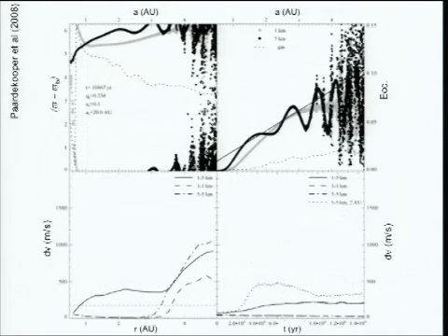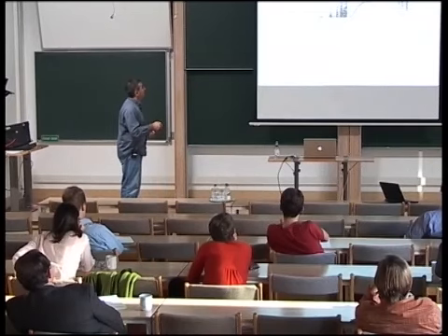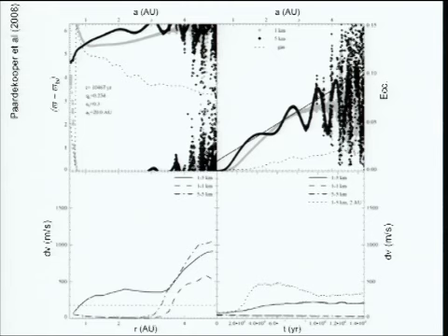This is another simulation of the same type, but this time allowing the interaction, the collision, between two objects. So basically they're showing collisions between 1 and 5 kilometer objects, 1 and 1, and 5 and 5 kilometers. And again, look at 1 and 1: the relative velocity is lower, and the collision is more efficient at forming a bigger object, whereas for cases like 5 and 5, the velocity at the time of impact is going to be much higher, and that may result in erosion and fragmentation.